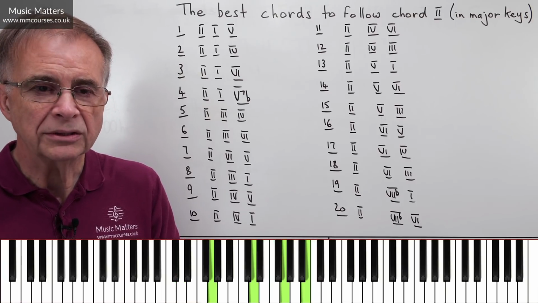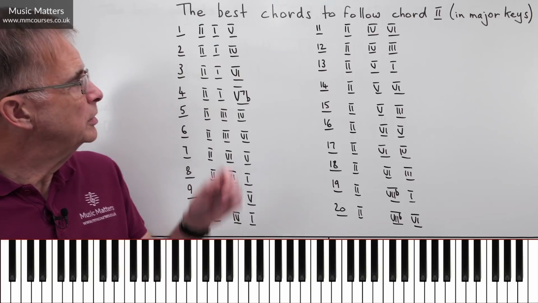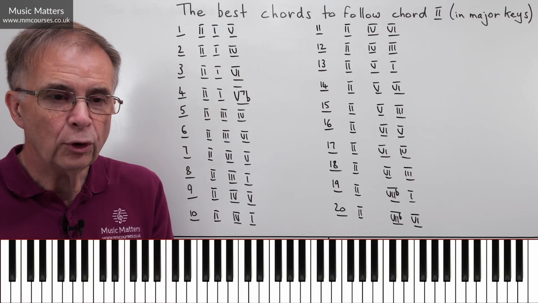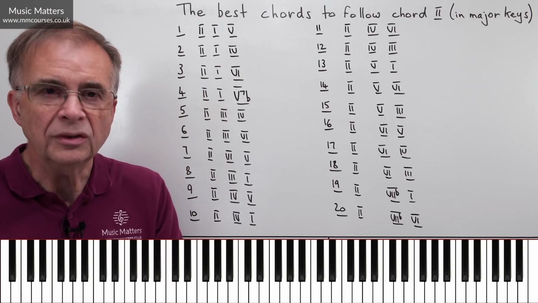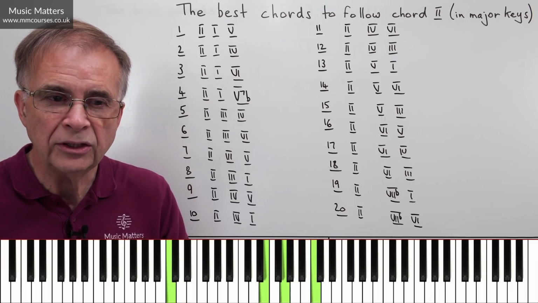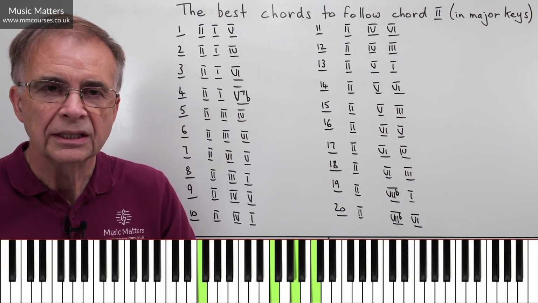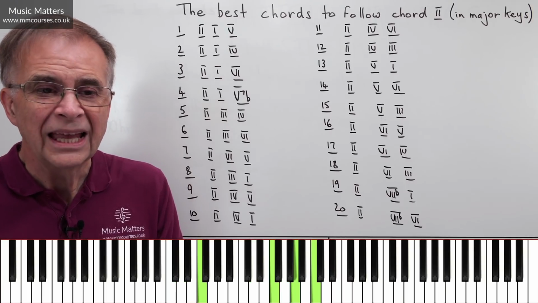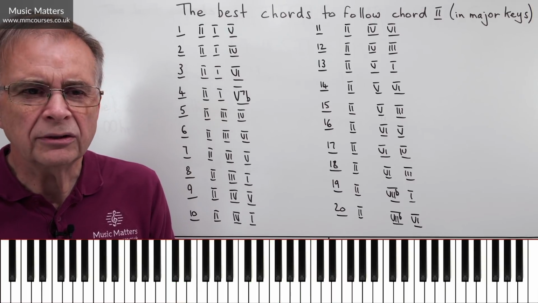Actually works pretty well, doesn't it? Okay, well, what about the second version? This one is 2, 1, 4. So you've still got the 2, 1 issue, but as long as you use contrary motion going from 2 to 1, and then you can go to 4. So 2, 1, 4. Now you might think, does that sound convincing?